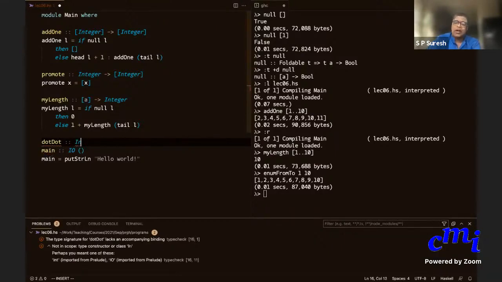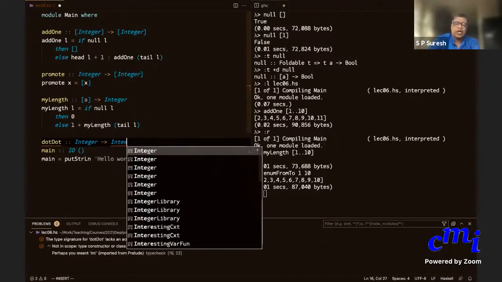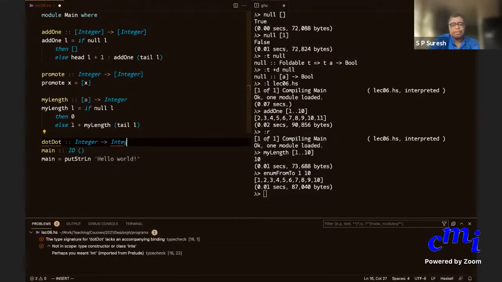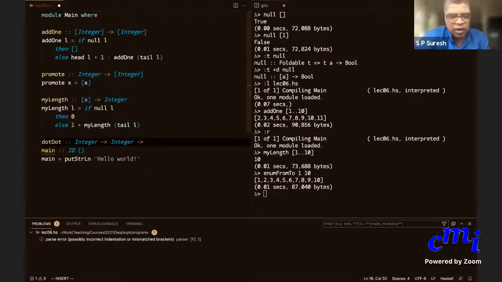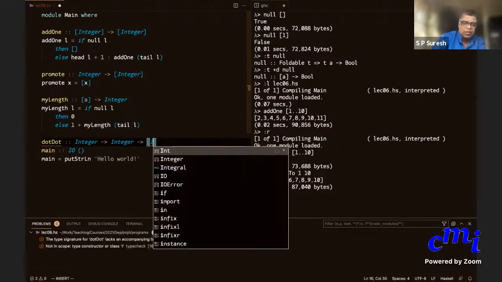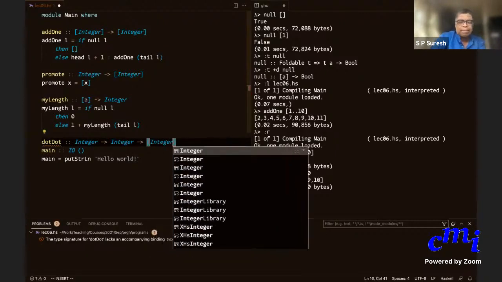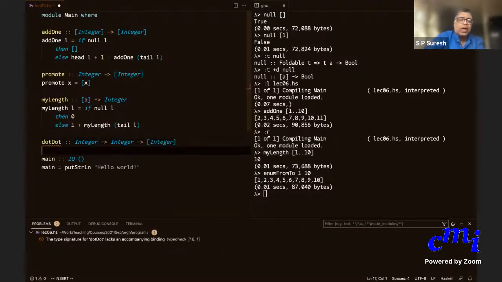For the moment, I'll assume that it's just integer arguments. Integer arrow integer arrow list of integers. Today there are so many typos and random glitches happening all the time. Okay, I take 2 integers and I return a list of integers.